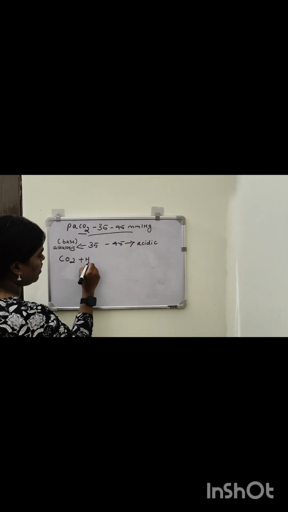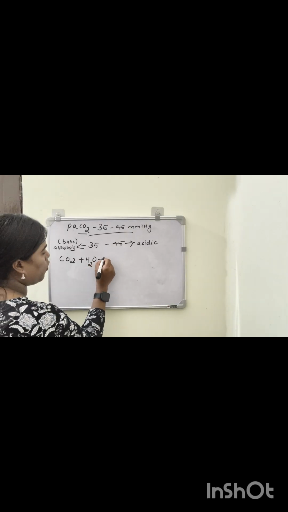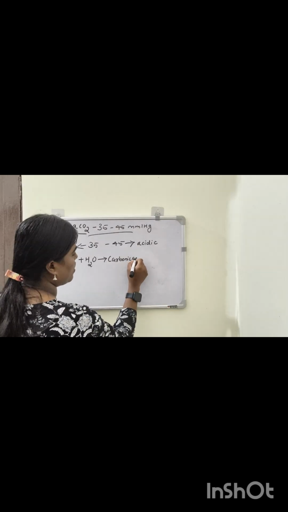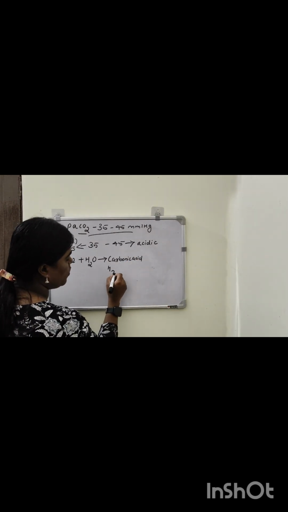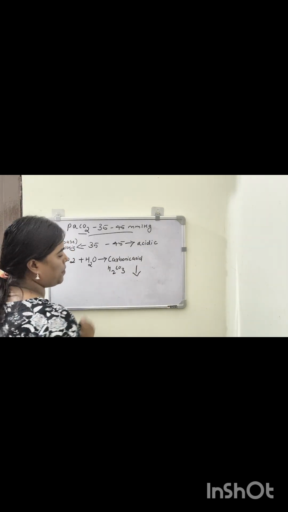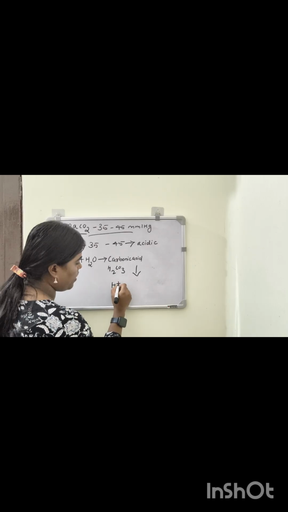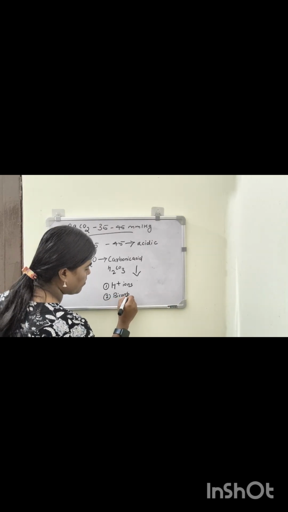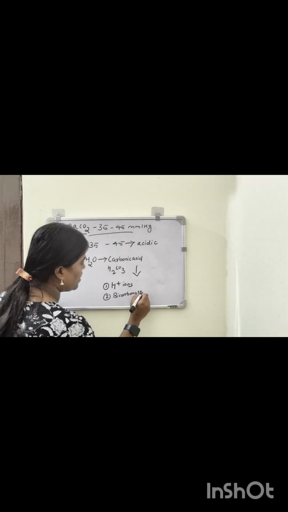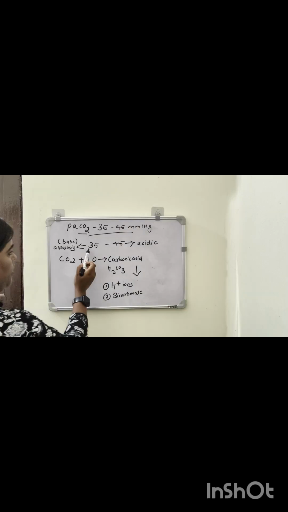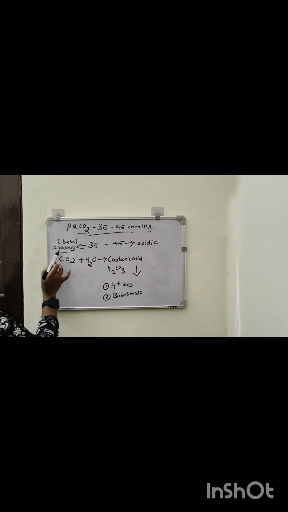it reacts with water, which forms carbonic acid, H2CO3. It releases what? Hydrogen ions and bicarbonate. Did you understand? So, the 35 value, if it is less than the 35 value, this condition is alkalosis, and